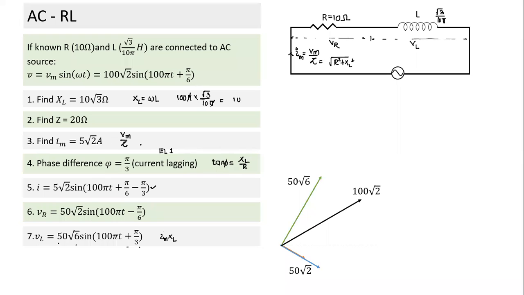This is how the phasor will look at time t is equal to 0. And this I have drawn to the scale. So what does this mean here? The blue color indicates applied voltage. This indicates VL. And this indicates VR. And so this is at t is equal to 0. So at t is equal to 0, how do you find the value of applied voltage?